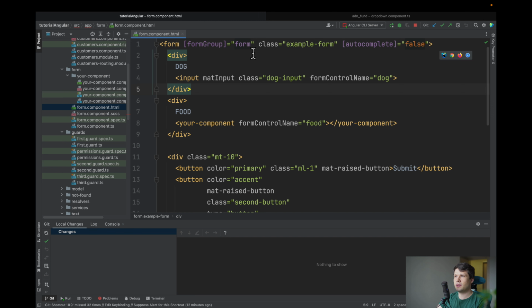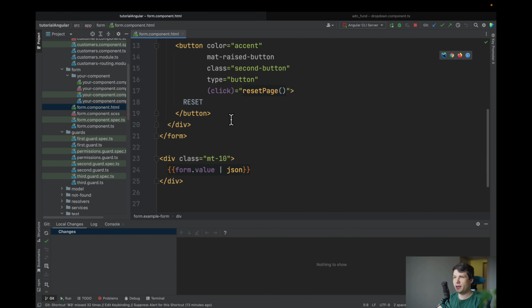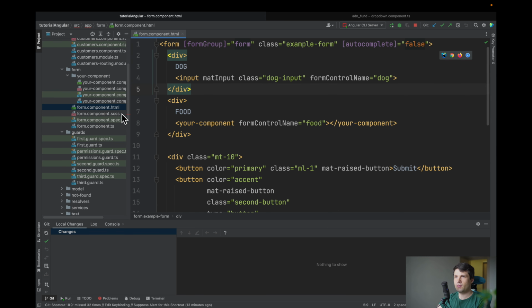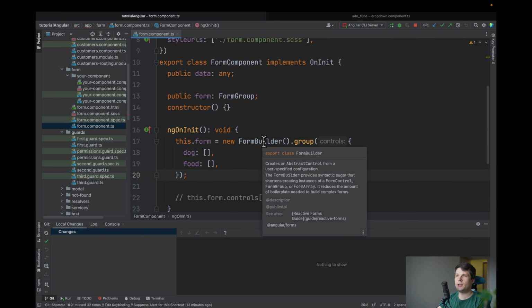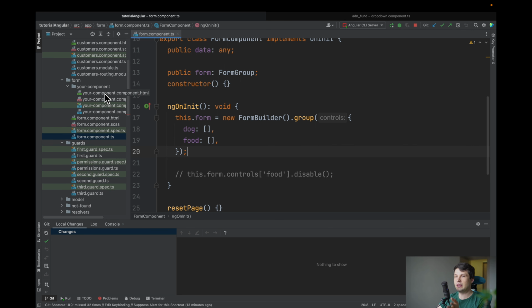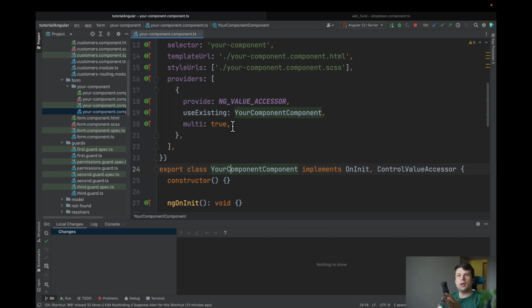So this is just a simple form, and we will have our component with an icon and just a submit button and reset. And in our component, it's just a form where we use form builder and we create our form. So right now everything is simple, but then when we go into our component, because we need somehow to connect